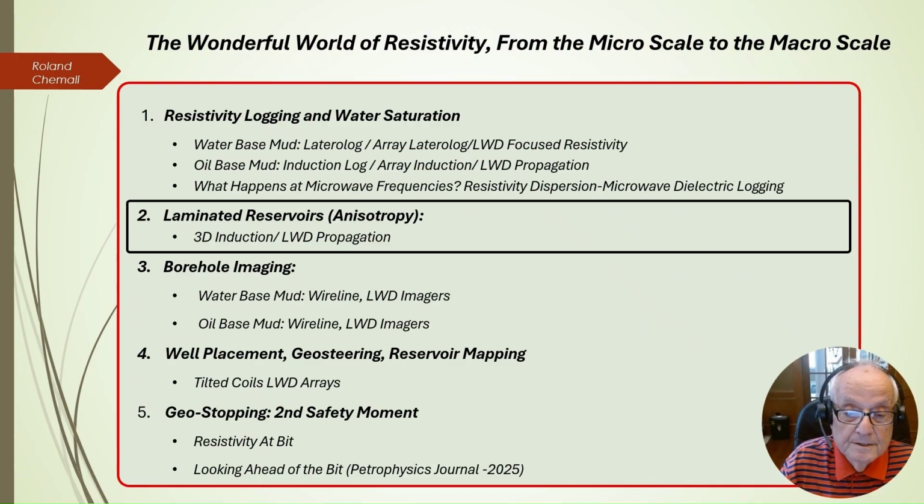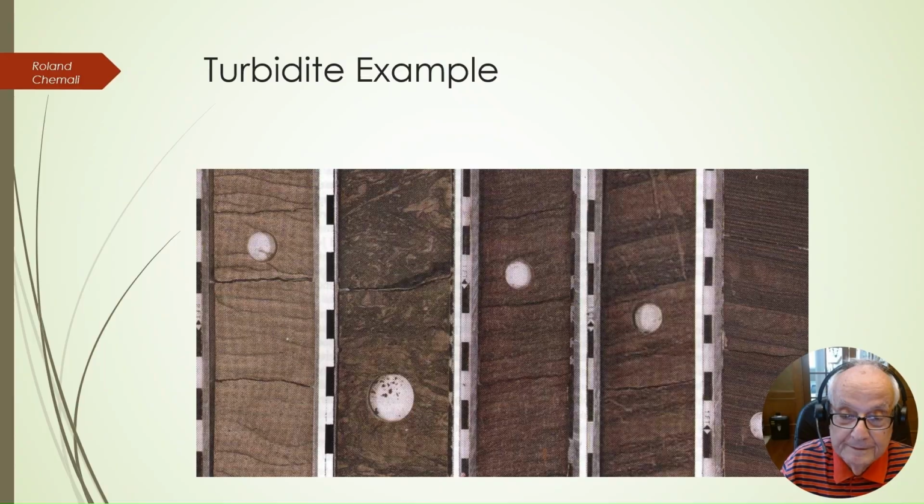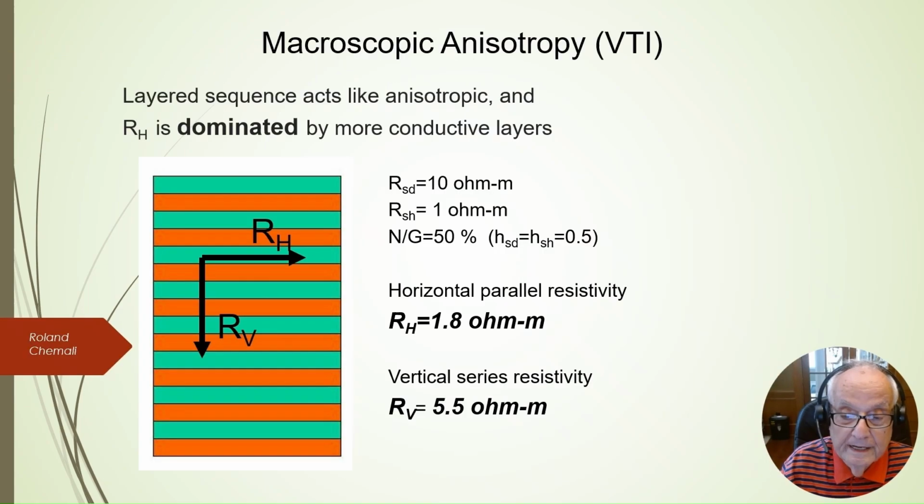The next is, I'm going to talk about laminated reservoir and anisotropy. If you can pronounce the word anisotropy, you are way ahead of the game. There are a lot of formations which are deposited in layers. Turbidites is such an example. These layers can mess up how you interpret Archie's formula